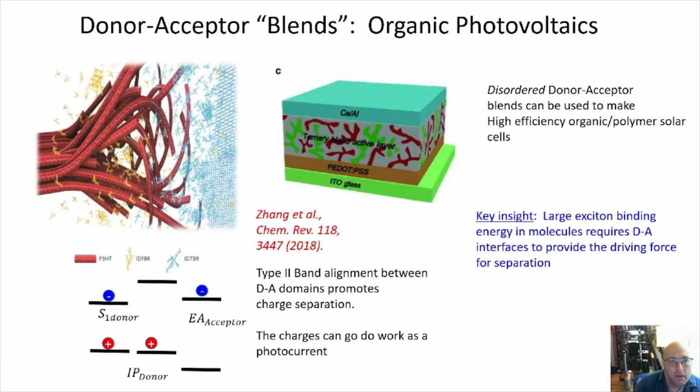And so the key insight here is that when you create an exciton in an organic molecule, initially it's a Frenkel, really strongly bound molecular exciton. And you need this type 2 band alignment to be present somewhere to drive separation of that strongly bound exciton into free or quasi-free charges. And so without this really complex blend morphology where you have donor and acceptor domains touching each other almost everywhere, you wouldn't have any driving force to make an excited state separate into charges that can be used as a photocurrent. So it's a really different